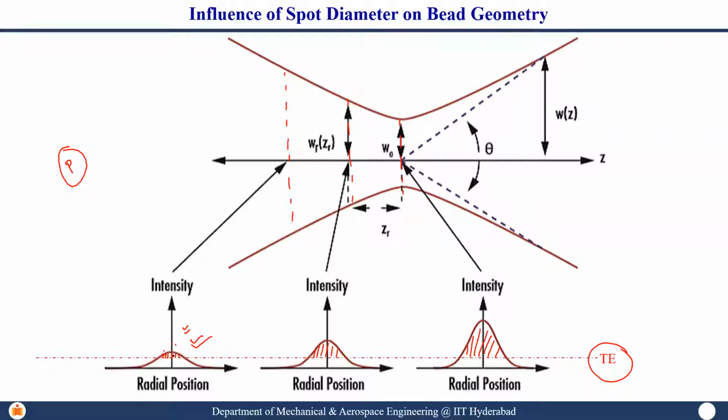If you increase the laser power, the energy below the threshold is typically consumed in preheating the substrate or creating what we call the heat affected zone. That also keeps on increasing. So that's why we typically stick to 2.2 mm, which is an optimum one. Below that we will have dilution, above that you will have a heat affected zone. So optimizing spot diameter is not that easy, but the physics behind